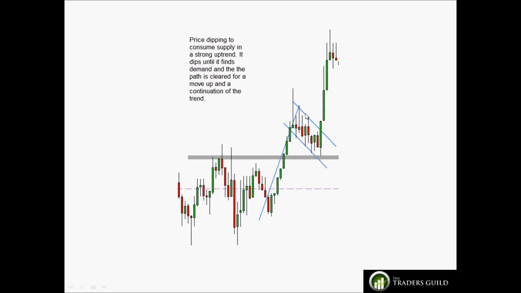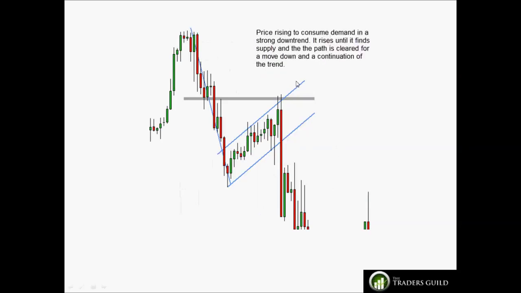So it's just another pattern like the compression or the supply demand consumption patterns that we spoke about in the previous video, but this is a specific pattern that highlights the price action that is occurring. Obviously the reverse situation, a bear flag: we have a strong downtrend. We consolidate as price moves up. We are consuming demand this time. It moves up until we see a clear support resistance area, which is obviously where supply is, and therefore the path has been cleared to pave the way for price to move down